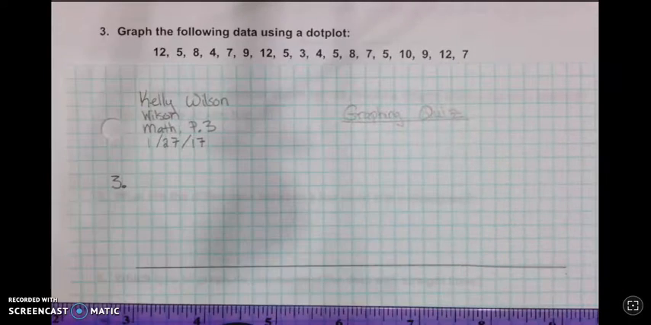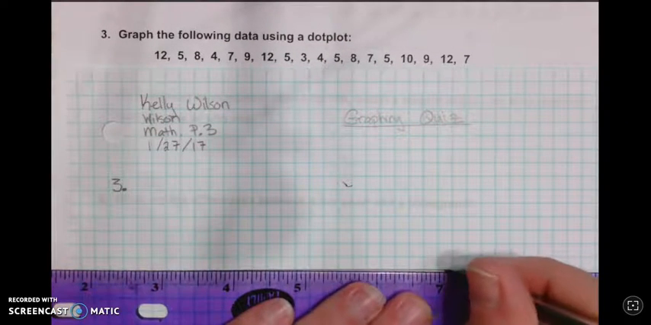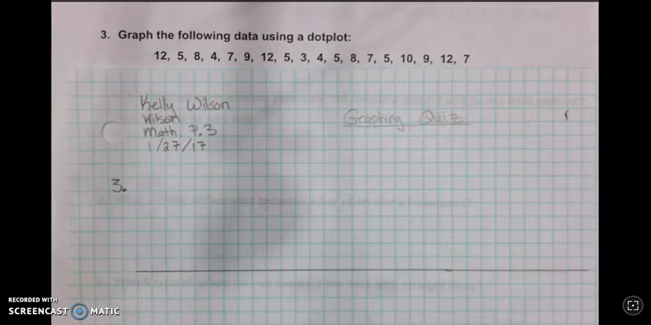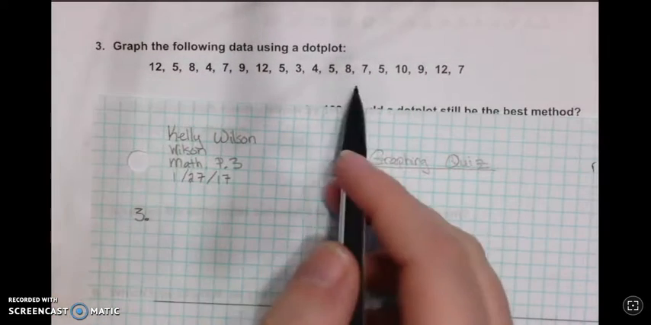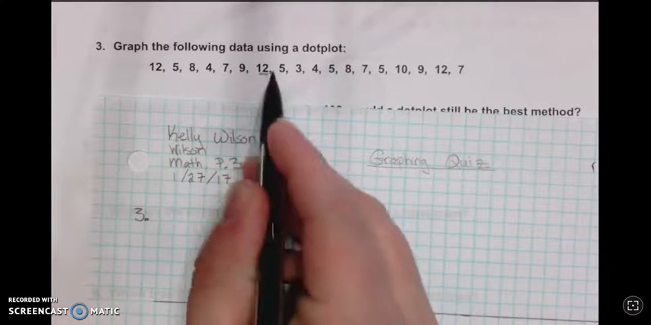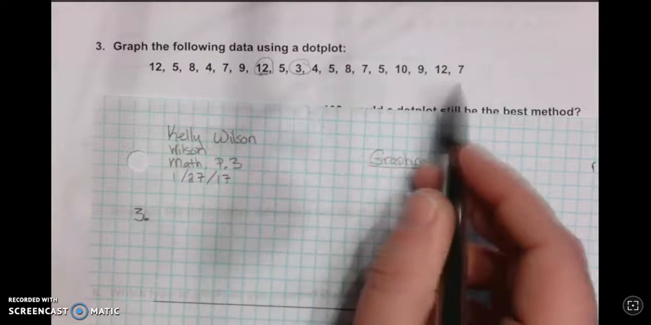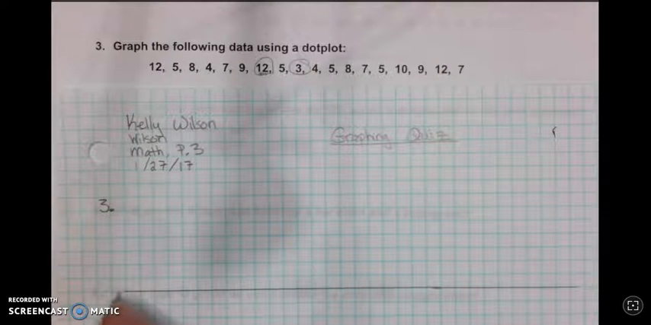Oops, the ruler moved on me a little bit. And then what I'm going to do is find the smallest number and biggest number to see what my range is, to see what I'm going to count, how far I need to go. So it looks like 12 is the largest, 3 is maybe the smallest. Okay, so I think that will fit if I just start. I can start here at 0